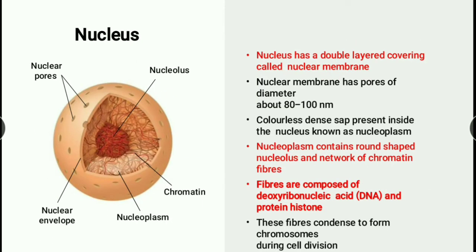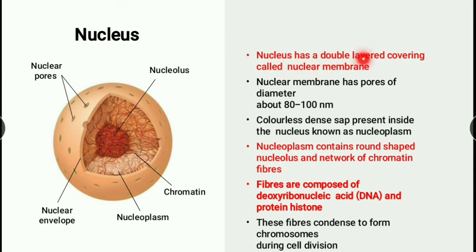And the next is very important, that is what? Nucleus. See here, this is the nucleus. The nucleus also will be having pores for exchange of materials. In between the nucleus and the cell cytoplasm there will be exchange of material. That's why there are pores, holes. And this is the nuclear membrane, also called the nuclear envelope. Inside the nucleus is the nucleoplasm. And at the center there is a main thing, that is the nucleolus. Understood?